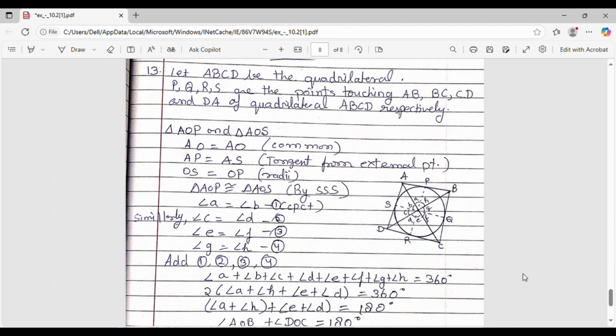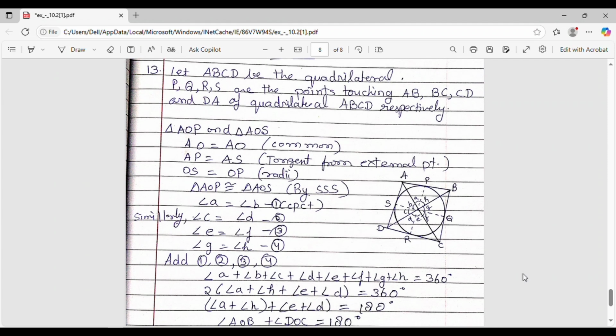Question number 13. Prove that the opposite sides of a quadrilateral circumscribing a circle subtend supplementary angles at the center of the circle. So let's take a quadrilateral ABCD, and P, Q, R, S are the points touching sides AB, BC, CD and DA of quadrilateral ABCD respectively. In triangles AOP and AOS, we can prove these both triangles congruent by SSS, and we will get